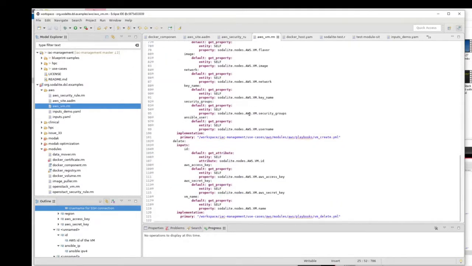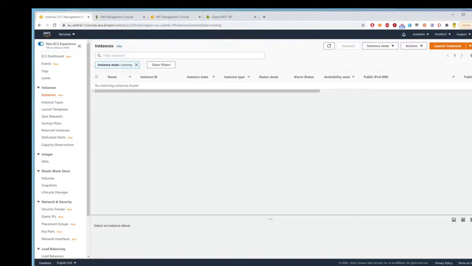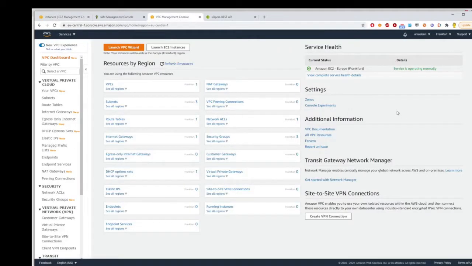Let's start the deployment process. The first thing we need to do for deployment is to prepare the inputs. In order to do this, we go to the Amazon Web Services dashboard, and first we configure the virtual private cloud parameters.